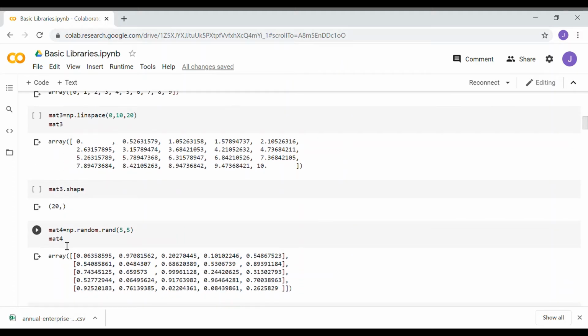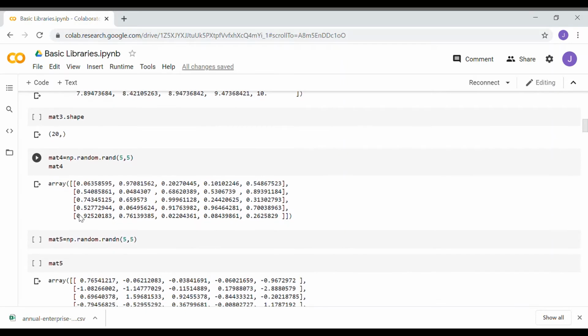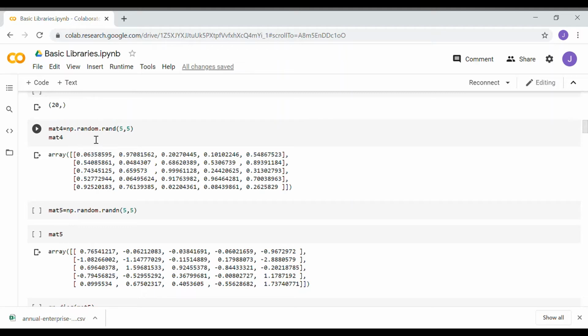Similarly, we can also create a random matrix by using np.random.rand of size 5 cross 5, 5 rows and 5 columns. It automatically takes random numbers and creates a matrix, but with positive random numbers.